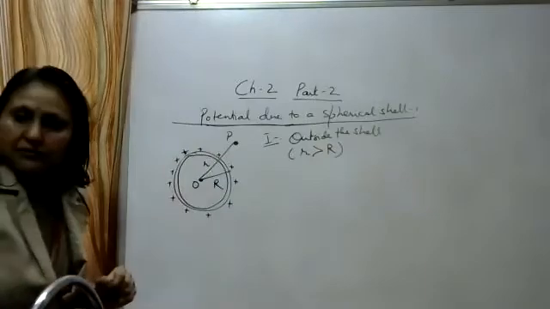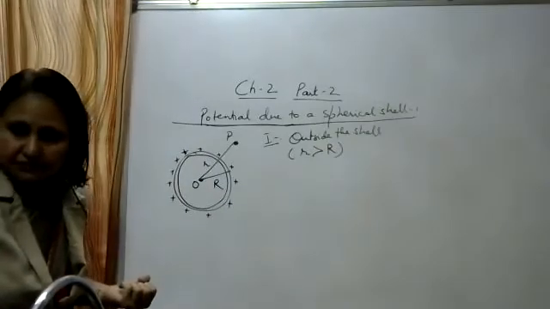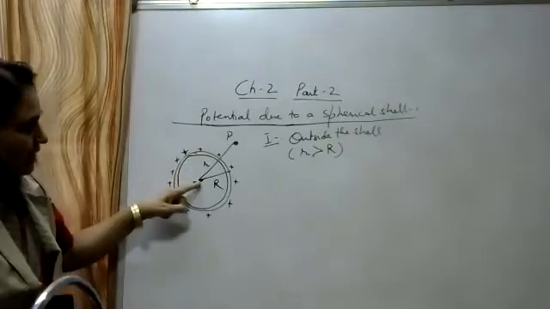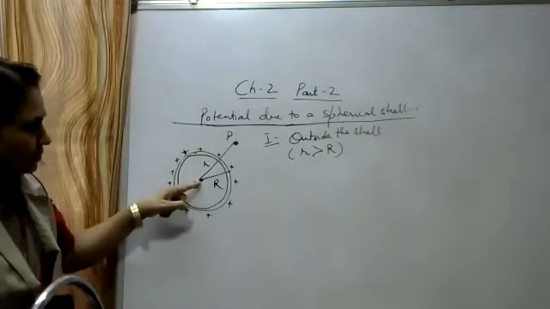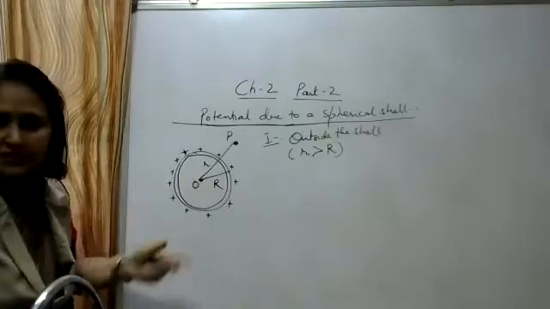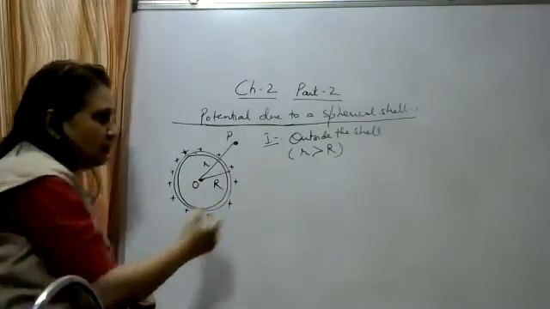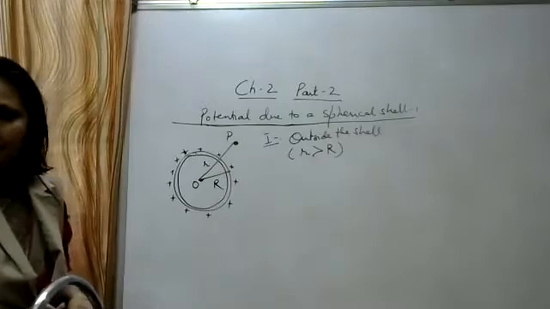Okay, now we know that it appears as if the whole charge is concentrated at the center of the sphere. So this Q charge is at the center. Now due to this point charge, we are finding out the potential at small r distance, which we know is V equal to 1 upon 4 pi epsilon naught Q by R. So first write down.